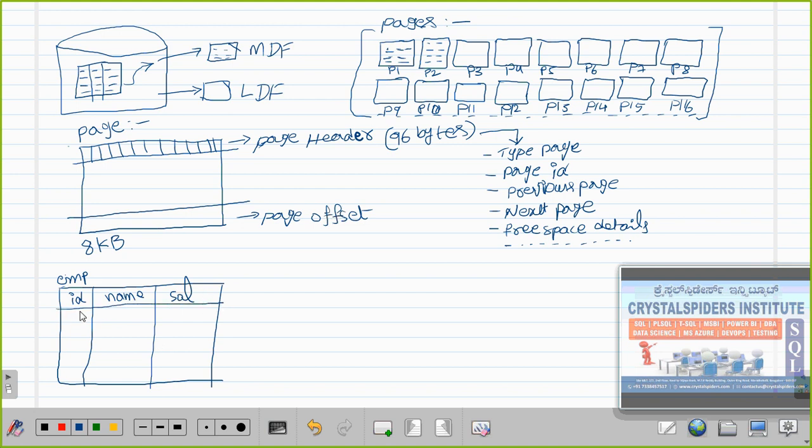Let's see how this will be stored. Let's say employee ID 1, name is Mike, salary is 1000. How will this record be stored? That data will be stored in this page like this. It will start storing here, Mike. Guys, it will follow some algorithms, and every record will have one internal ID. So I am going to mark this ID like this. And the second record, Scott and 2000, and the ID of that second record.